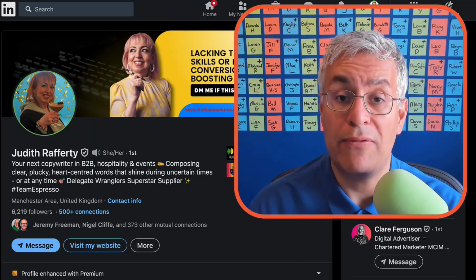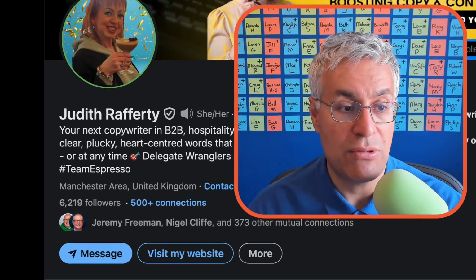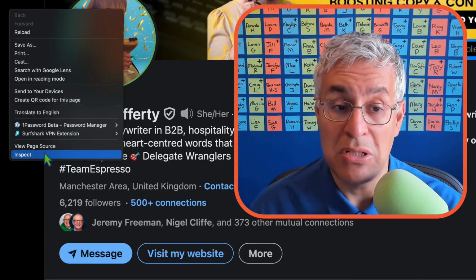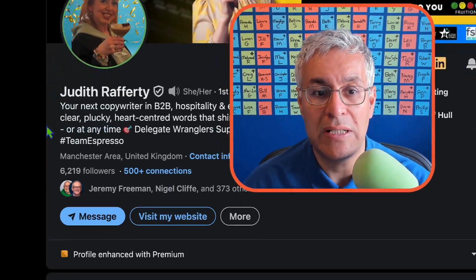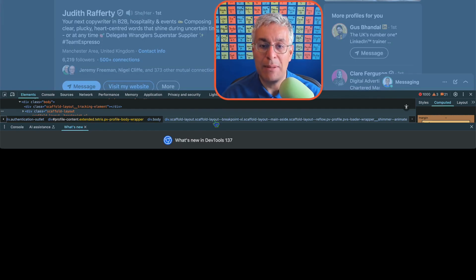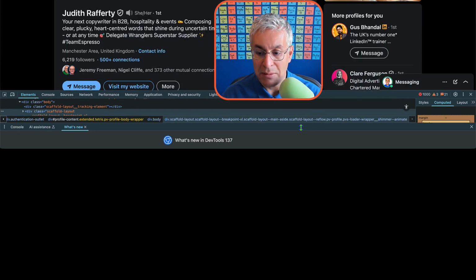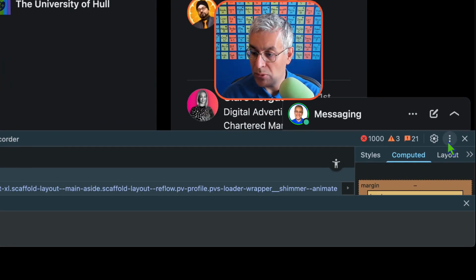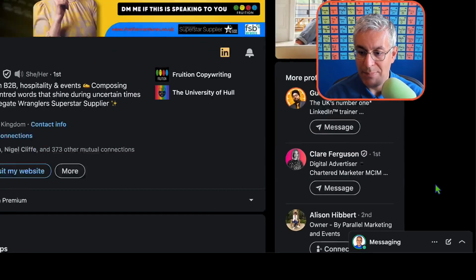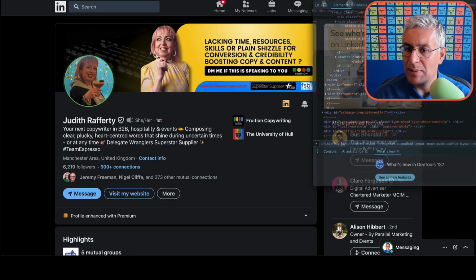Just visit her profile on desktop, choose any blank part of the screen, right click and say inspect. I'm using Google Chrome here, but the same kind of idea applies in most browsers. You'll get an extra panel that appears once you start inspecting the page. In this case, it's appearing at the bottom of the screen. I want to give myself a bit more visibility of that panel, so I'm going to click these three dots and select to separate the window. It goes into its own space.